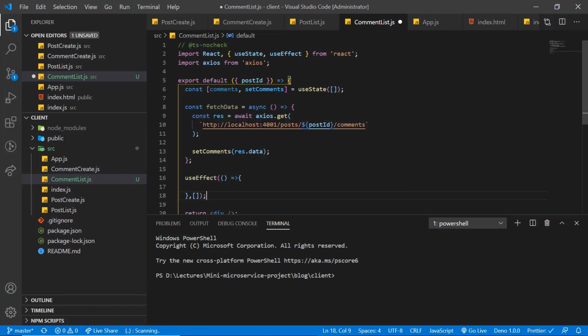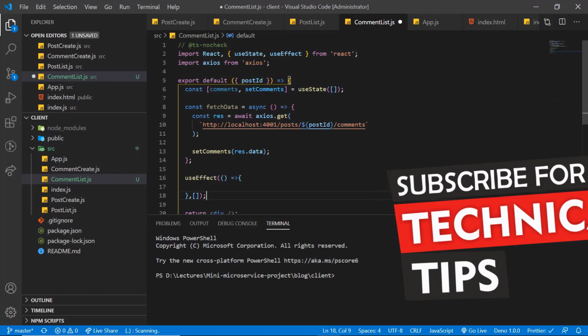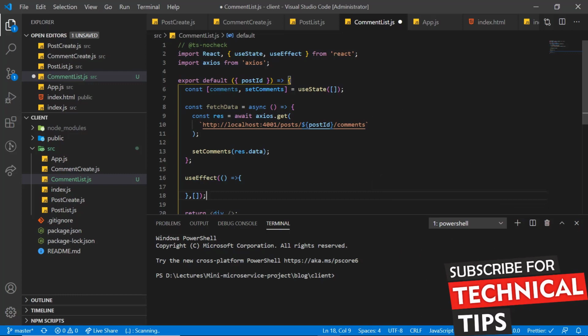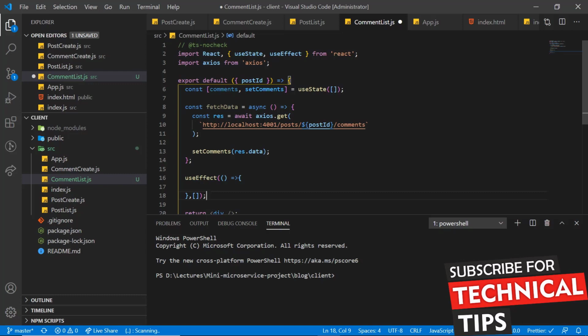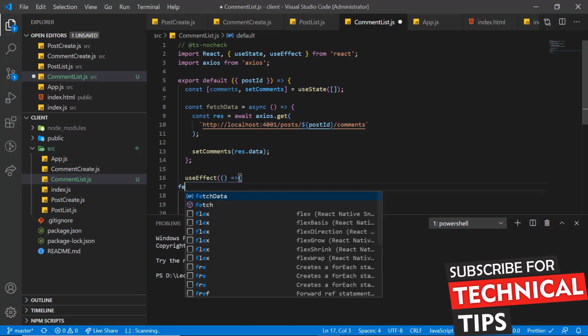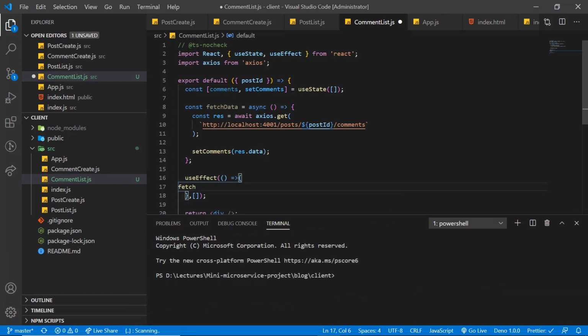I hope you guys still remember the reason why we are passing an empty array here. If you still don't know, you must go back and watch my previous video. Now inside this useEffect we are going to call our fetchData method. Save this.